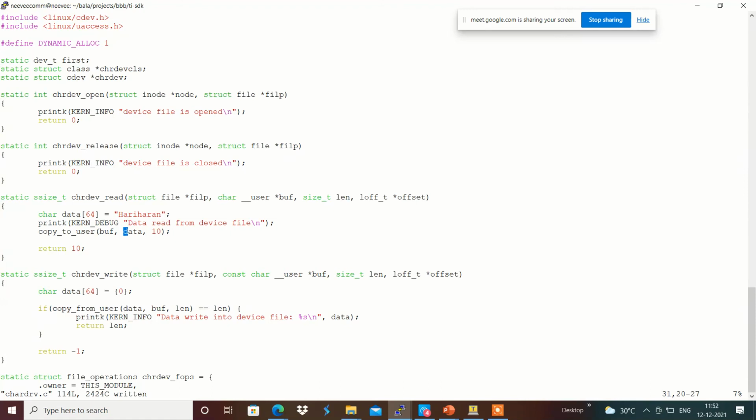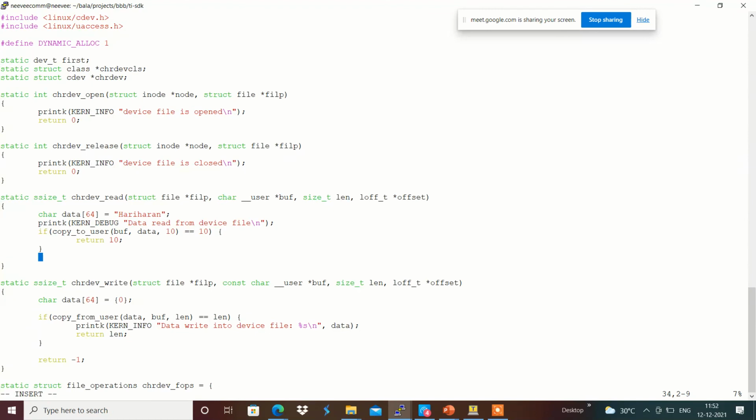The same way, if copy_to_user copies the 10 bytes properly, then we return the value 10, or else we return the error, since the copy_to_user was not proper, because of that we are returning -1. If it equals 10, whatever we are trying to write, the same one we got back, then we are successful with the right value and we got the data back.